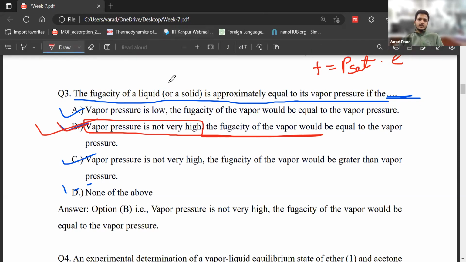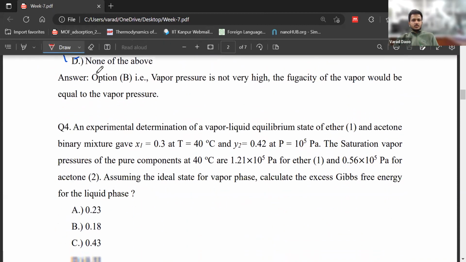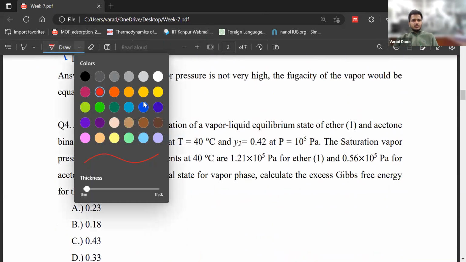So the hint which I would like to give is you can understand this pointing factor, right? If you look at its definition and the meaning for which this stands for, you can find the answer for this, right? So we'll move on to the next question. The next question is this: